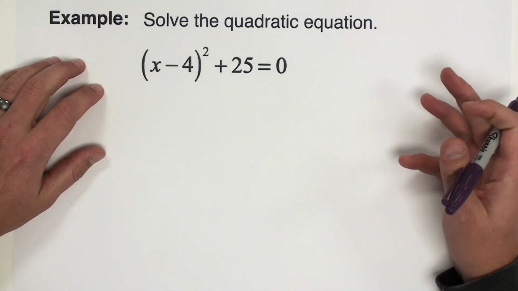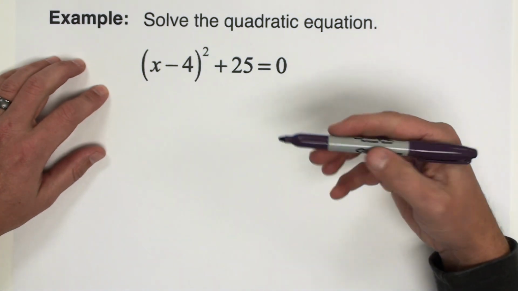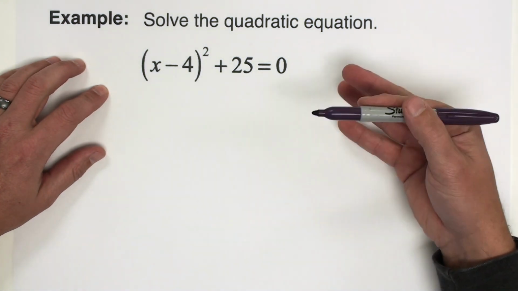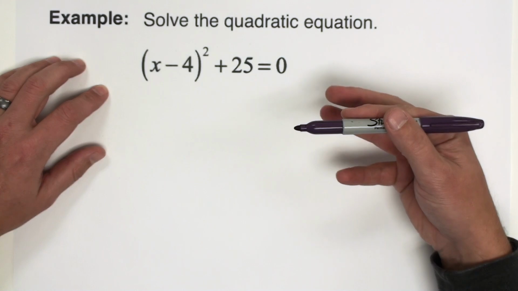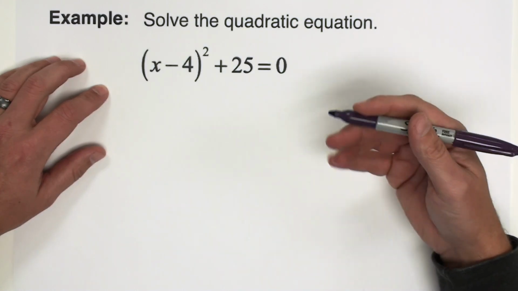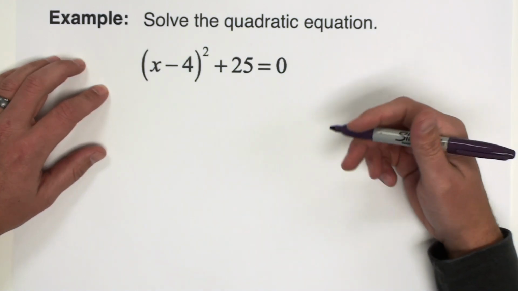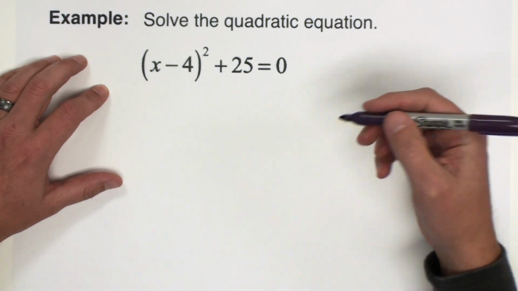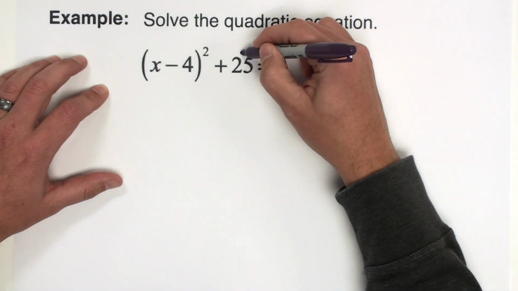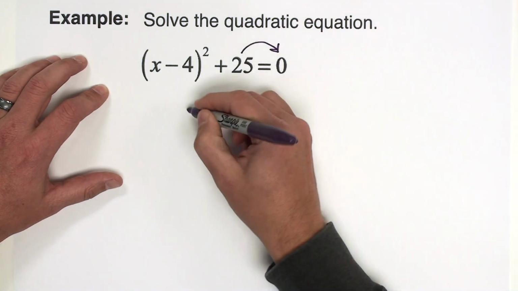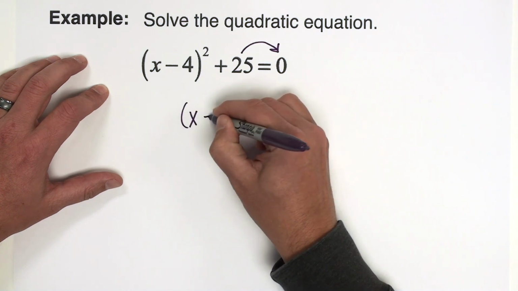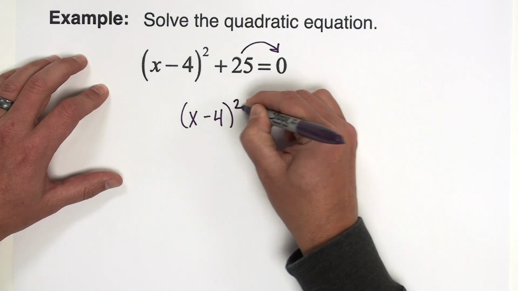Our next example of solving a quadratic equation, again, I'm giving you one that prior to this video I would not have given you a problem like this because it doesn't have a real solution. We weren't ready for imaginary solutions, but now we are. We can go ahead and take this positive 25 and subtract it to the right hand side. Get quantity x minus 4 squared